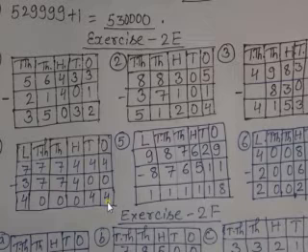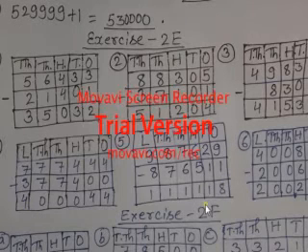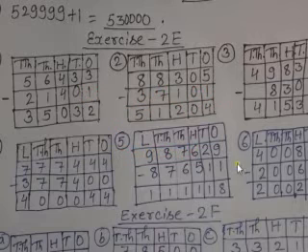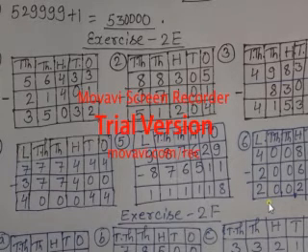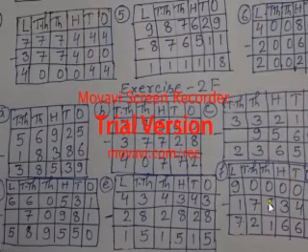If you will see over here, 4 minus 0 is 4, 4 minus 0 is 4, 4 minus 4 is 0, 7 minus 7 is 0, 7 minus 7 is 0, 7 minus 3 is 4, 9 minus 1 is 8, 2 minus 1 is 1, 6 minus 5 is 1, 7 minus 6 is 1, 8 minus 7 is 1, 9 minus 8 is 1. And this way you will be doing. 0 minus 0 is 0, 0 minus 0 is 0, 8 minus 6 is 2, 0 minus 0 is 0, 0 minus 0 is 0, 4 minus 2 is 2. So this is how you will be subtracting. You can use the fingers. Okay. Now if you will see, I had solved 2F also.